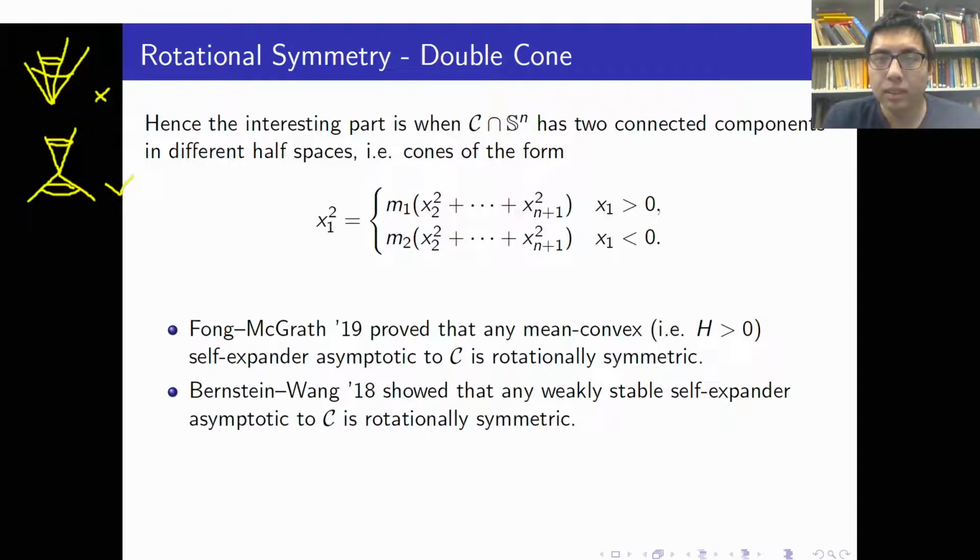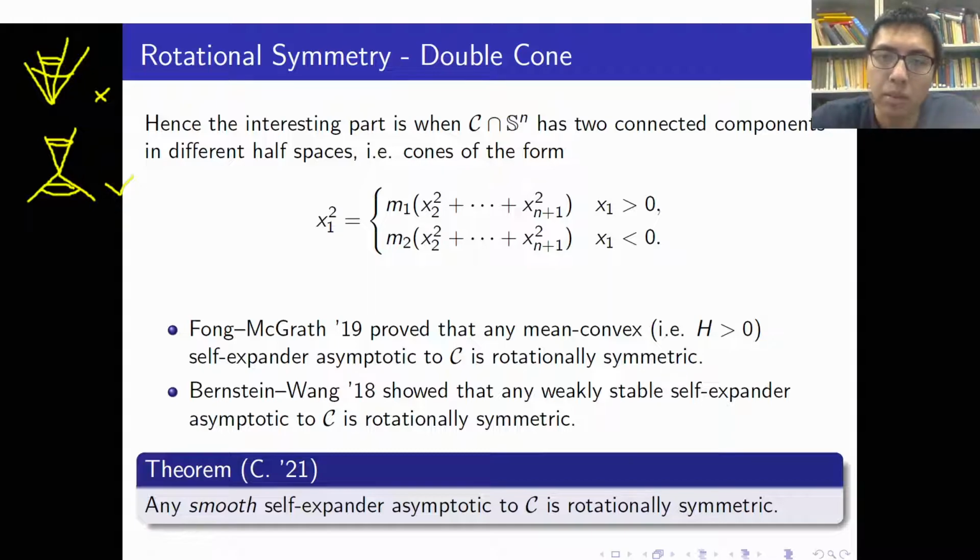Their methods, especially McGrath's method, rely on this mean convexity assumption quite essentially. So using their method, mean convex or weakly stable is probably the best that you can get. So what we're able to show